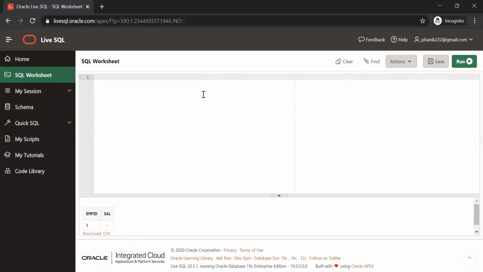So I created a table. Now how to add a primary key to the table? I want to make employee ID a primary key. But first, tell me two things. I want to add a column, employee name, to my table employee. How to do it? You can alter the table: alter table, table name, and then you have to specify the column. You need to use a keyword called add.